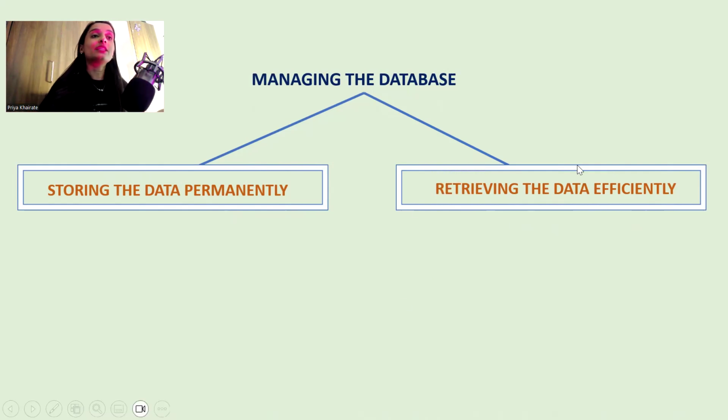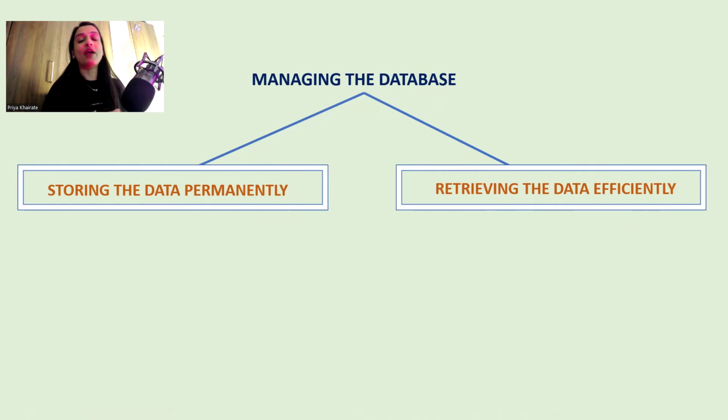Now the next part is retrieving the data efficiently. Let's say in Amazon's database, n number of product data is available and they have already stored it very properly. Let's say you are asking for shirts, shoes, or watch products. When you ask for data, only that specific data is fetched and returned to you. That part we call retrieving the data. Retrieve means asking for data from the database. Now the data is present in the database, and you are asking for some specific data.